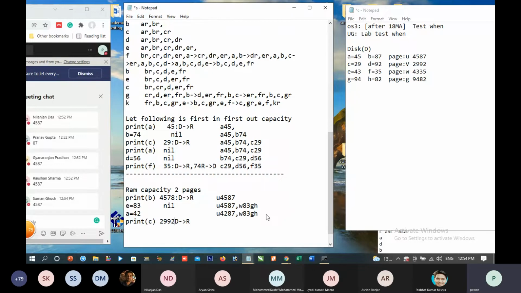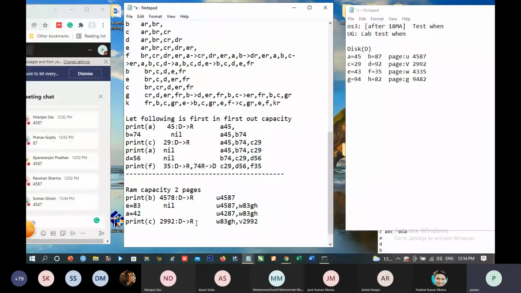One of them has to be removed. W83 GH will be there as it is, and we shall be writing V 2992, and as we can see very easily that A was updated here, so